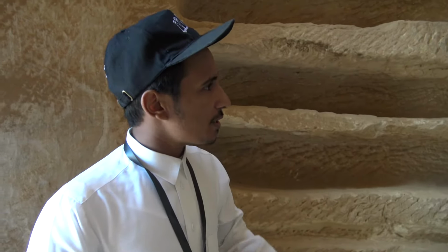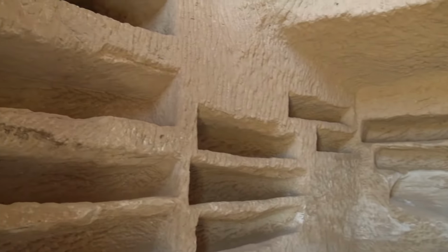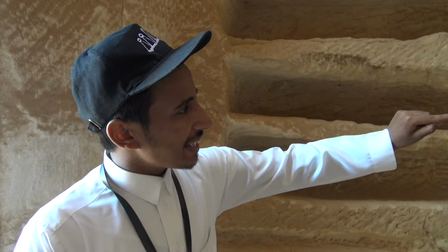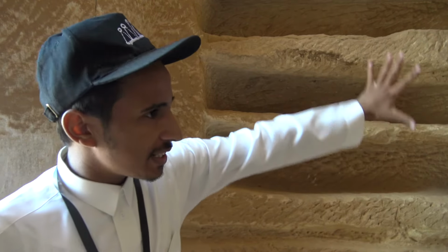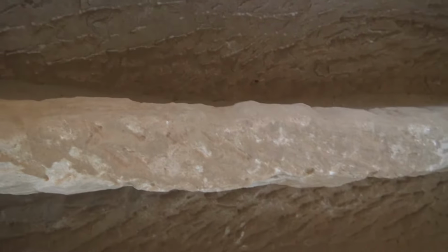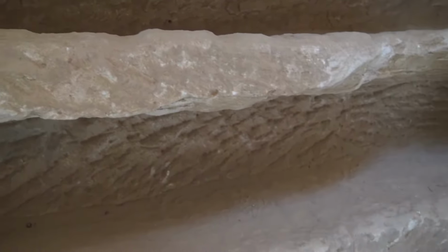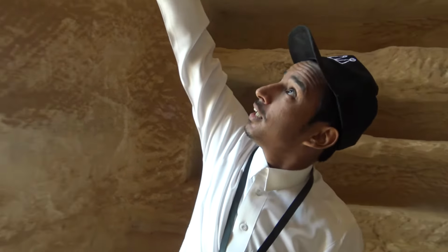Okay, so this is the tomb, and the only tomb that we can go inside Hegra. So you see, we call this lahd in Arabic. Lahd means sideways. So they chose the wall to take advantage of the space of the tomb. So basically, it didn't exist when they built the tomb at the beginning. Why? Because when someone dies, they would dig this for him so they can know the height of the person. And we have also, so we have the door over here, and this is the